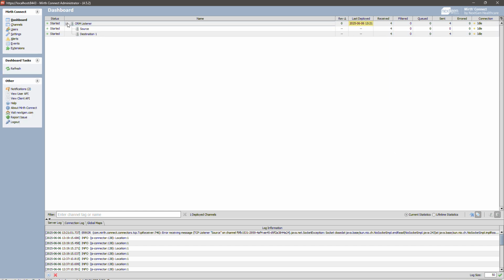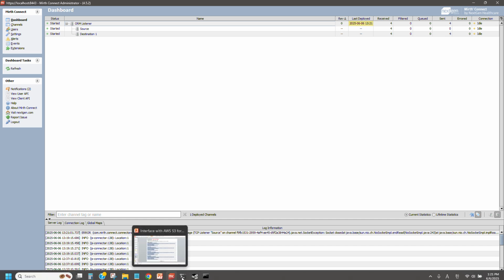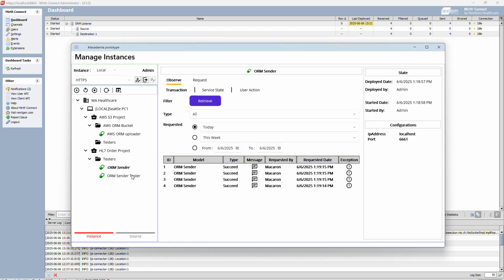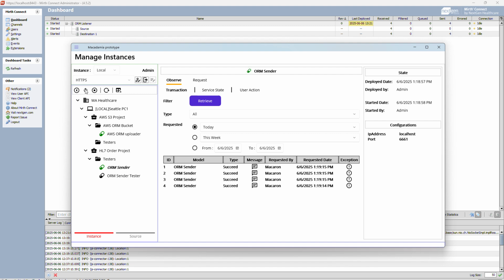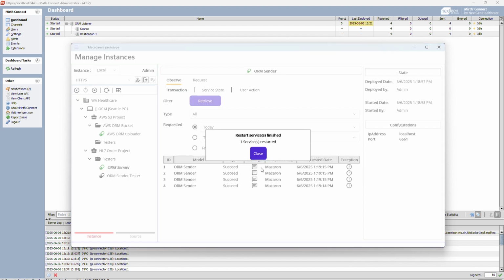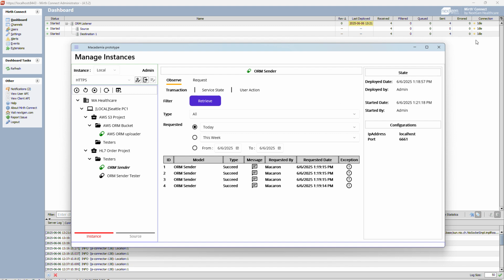it is still available with the Mirth Connect to the ORM sender. But if you send another four same messages to the EC,